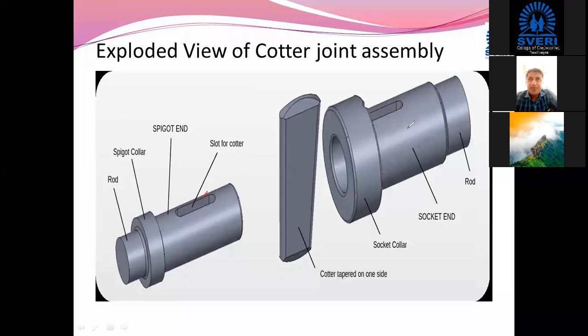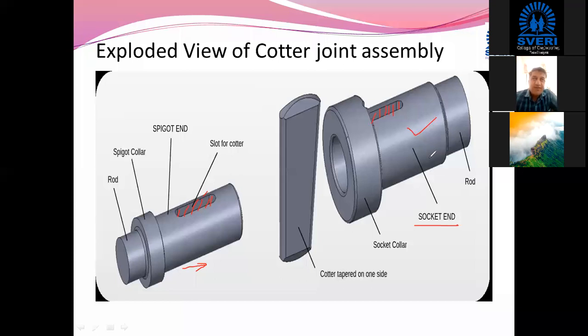This particular component is known as the socket. Inside it the spigot is inserted, and later on the quarter is placed in the space which has been provided. Here and here also a hole has been provided on the socket as well as on the spigot.